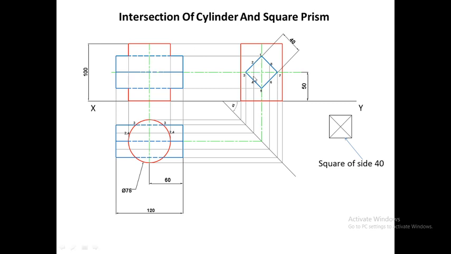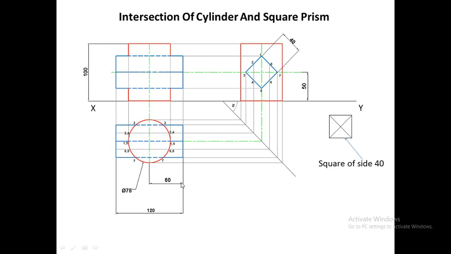Now 1 and 5 are lying on the center line. So wherever this center line intersects the vertical cylinder, that is this point and this point, they will be marked as point number 1 and point number 5. So we have marked point number 1 and point number 5. The next points we marked are point number 8 and 6. So we have projected point number 8 and 6. So this line, wherever it cuts the vertical cylinder, that will be marked as point number 8 and point number 6. So this point and this point will be marked as 8 and 6. So 8 and 6, and the last point is point number 7. So after projecting point 7, this line cuts the cylinder at this point and this point. So they will be marked as point number 7.